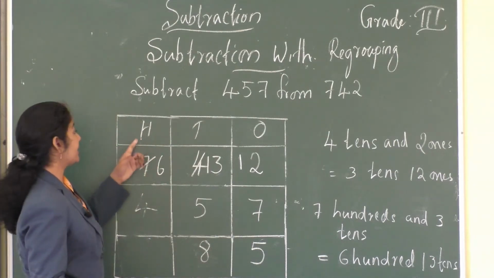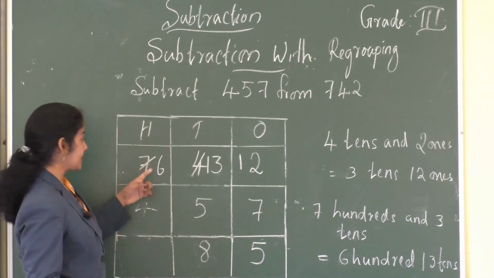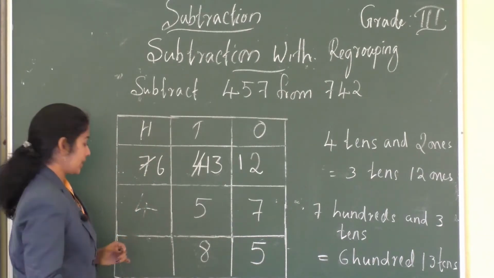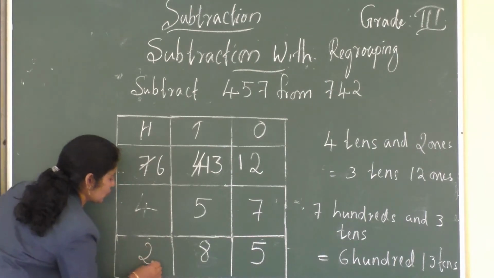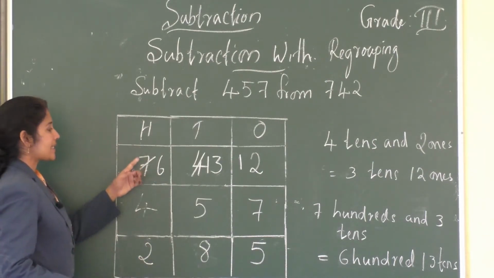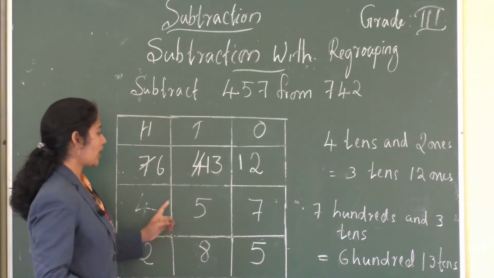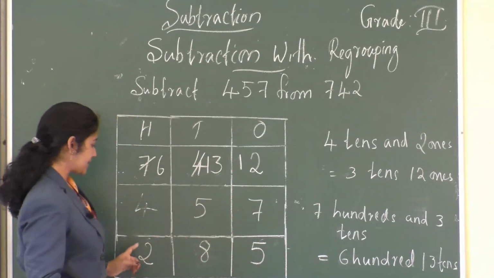Now, we have hundreds place. We have hundreds place 6 and 4. So, 6 minus 4 is 2. Thus, 742 minus 457 is equal to